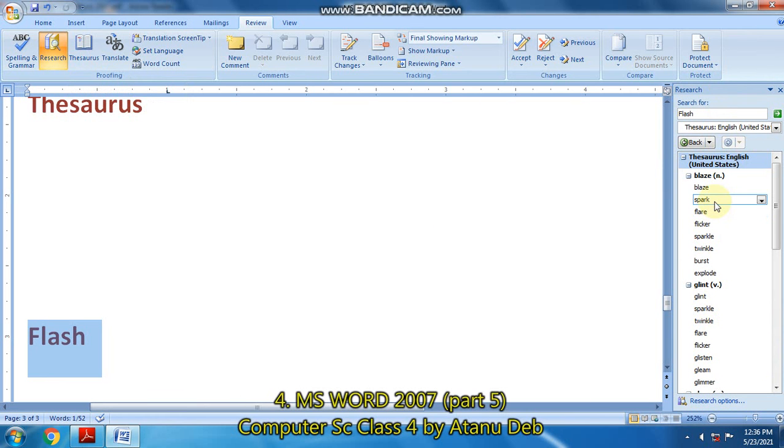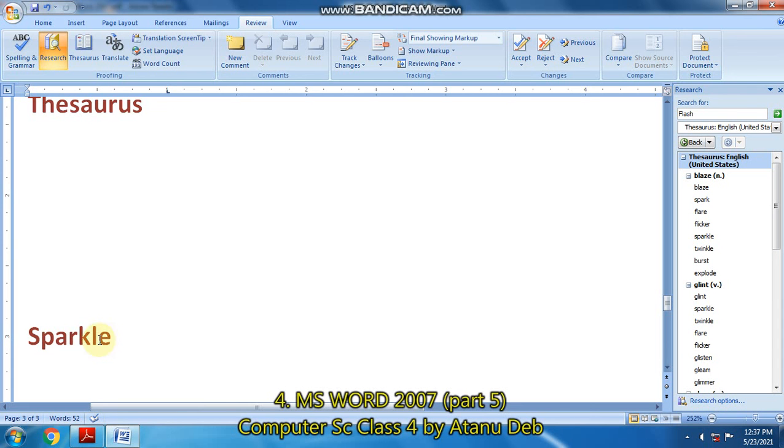So from here you can select what kind of synonym you want. Suppose I want sparkle, so I click on it, as I move the mouse over it, there is a downward arrow, click on the downward arrow and click on insert. So flash, and sparkle is also having the same type of meaning.